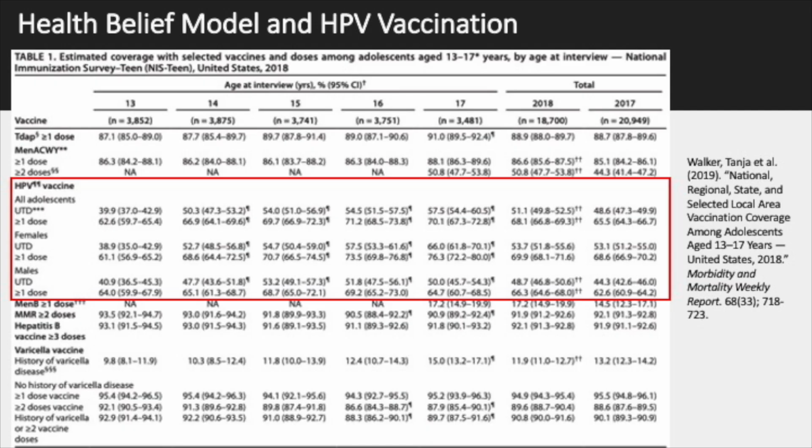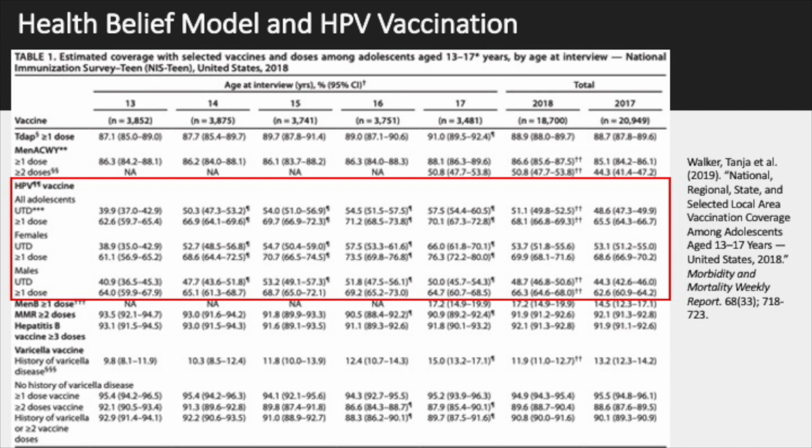The last part that I want to discuss here before wrapping up the module is the health belief model as applied to HPV vaccination. And this was the topic for your third reading for this week. To give you a bit of background on HPV, HPV is a highly preventable STI through vaccination, and this vaccine has really only been on the market for probably the past 20 years or so. I remember when it was a brand new vaccine around the time I was an adolescent.